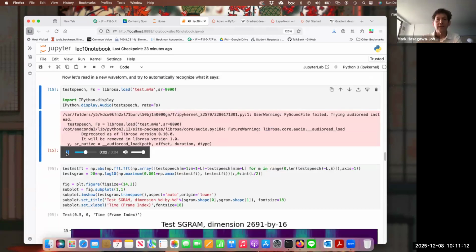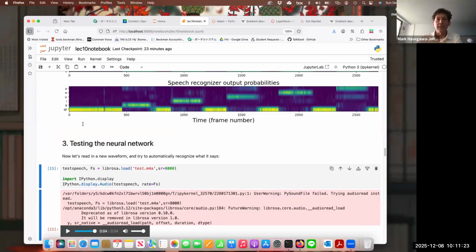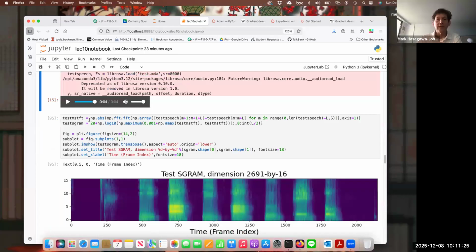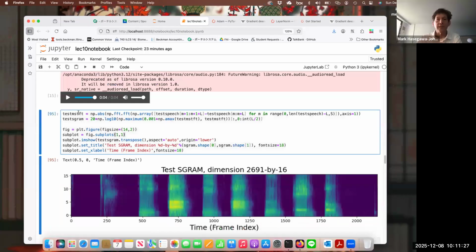So here's an utterance: E-A-U-A-O. We'd like to be able to run that same neural net recognizer that we trained using these data. We'd like to be able to recognize this test utterance. So I'll calculate a test spectrogram by calculating the magnitude short time Fourier transform and then taking its logarithm. Right. So here's the test spectrogram of